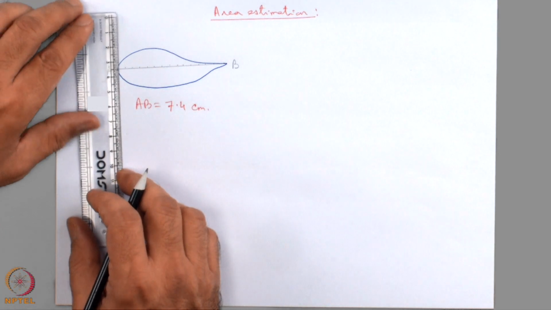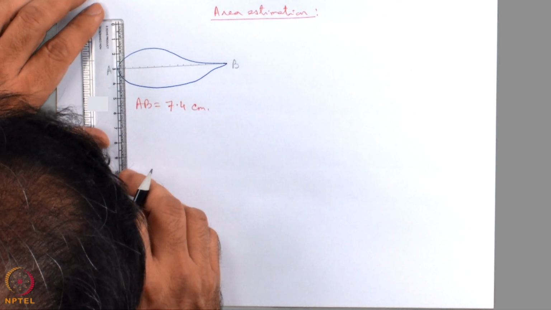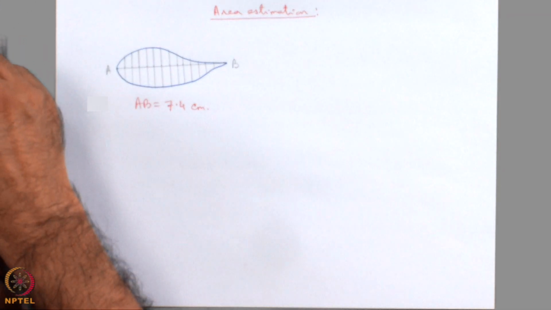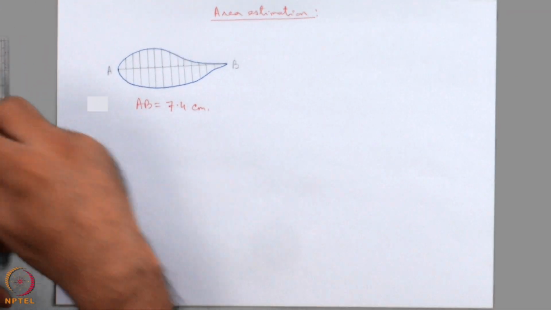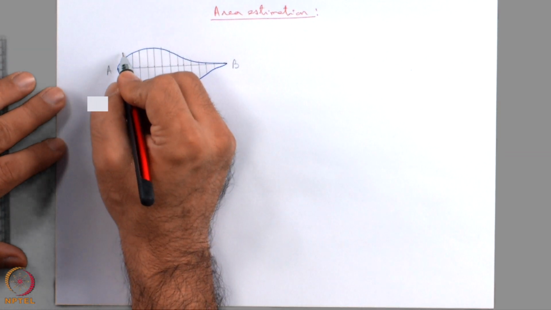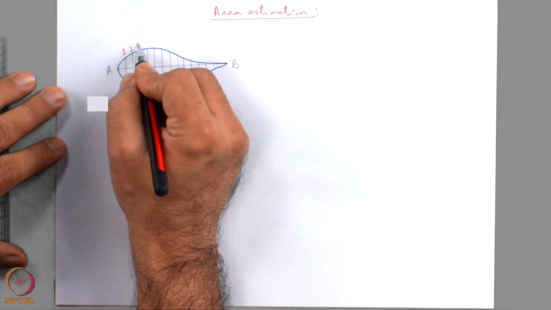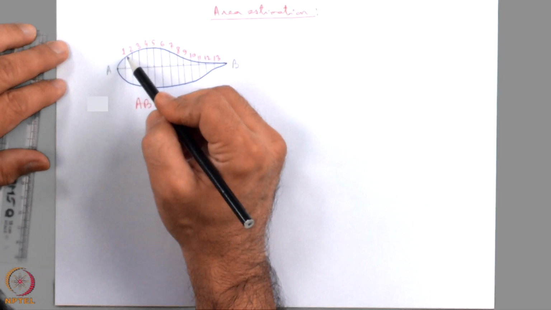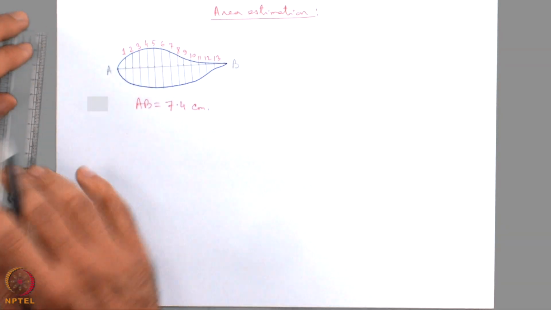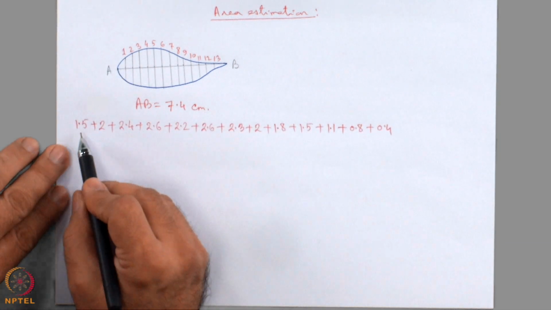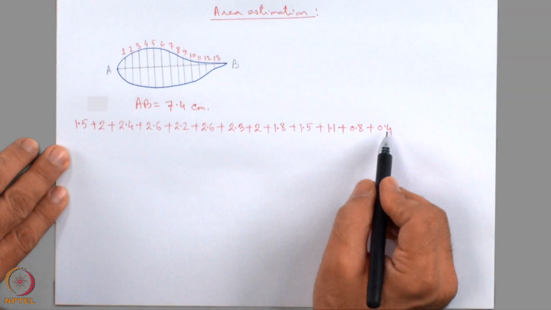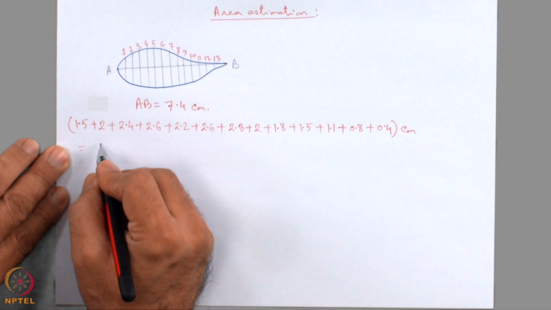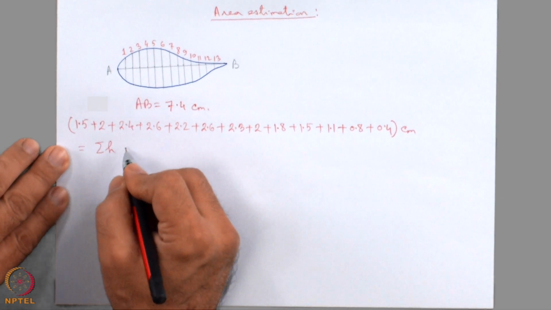Next, as usual, I will be drawing normals on these points on the line AB. Next, I will find out the length of each of these lines and how many lines I have taken. Let us number them: line 1, 2, total 13 lines I have taken. The total length from here to here, here to there is to be found out. 1, 2, 3, 4, up to 13 lengths, and this is equal to the sum of all heights,